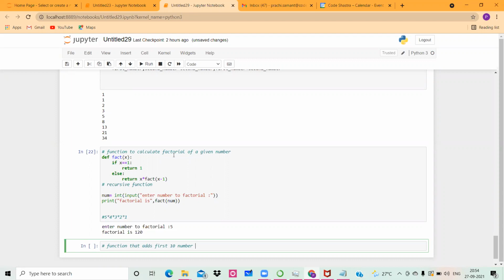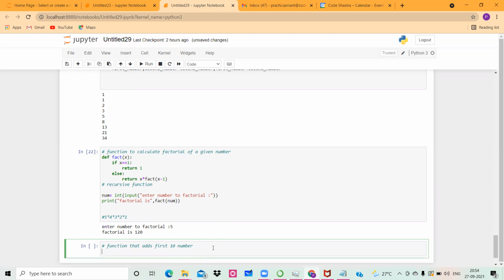So wherever you have this recurrent pattern, we can definitely use a recursive function. Like in this question, you have been asked to add the first 10 numbers. That means after adding the first 2 numbers, the third number is added to that sum. To the sum of the first 3 numbers, the fourth number is added. The same thing has to be repeated again and again, right? So we can solve this using a recursive function as well.